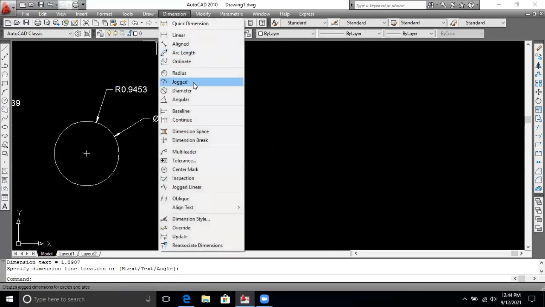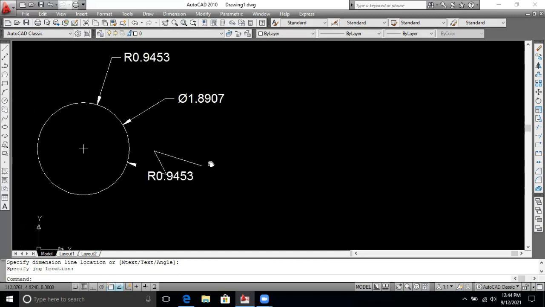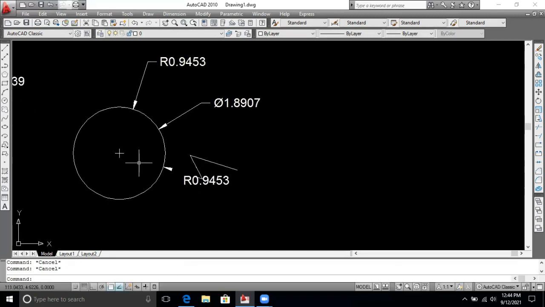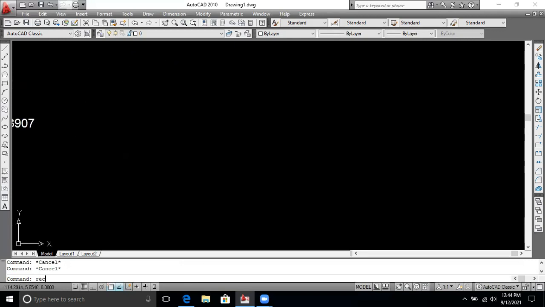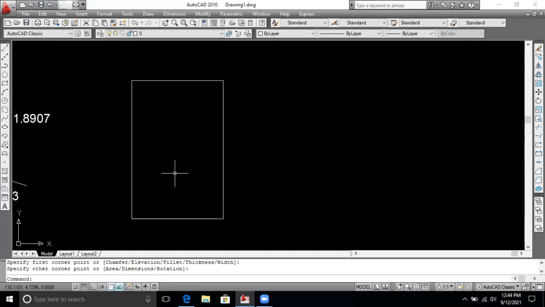Next one is jogged. What does jogged show? Jogged shows the radius of the object. And why do we show the jogged? Because if you want to show the continuity of the arc, suppose this is our page, it may be A4, A2 or A3, and here